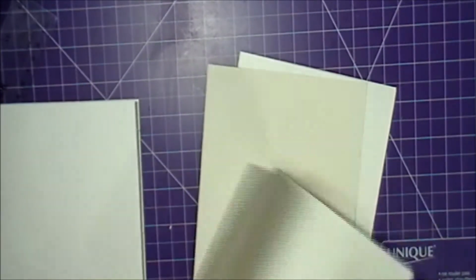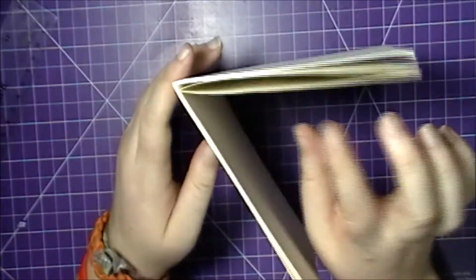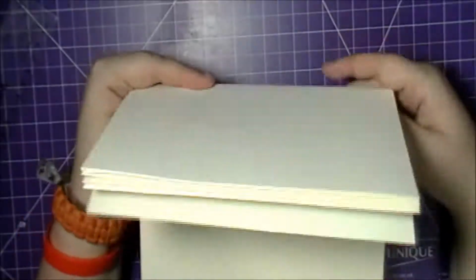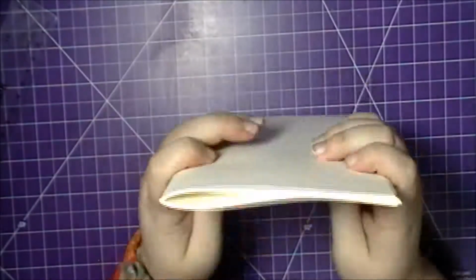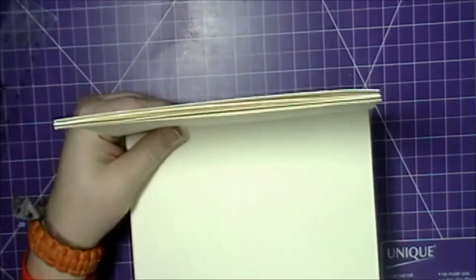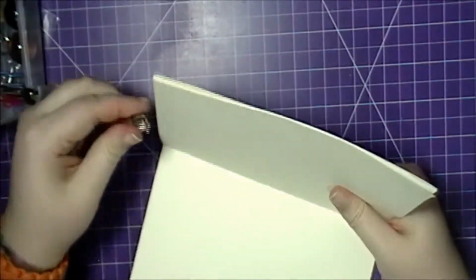I am making my own little traveler's art journal. My friend and I were doing a pen pal monthly, and we also decided to have this little journal to paint, draw, just create in it once a month and send it back and forth to each other with the Happy Mail that we send each other. And I just made one signature, and